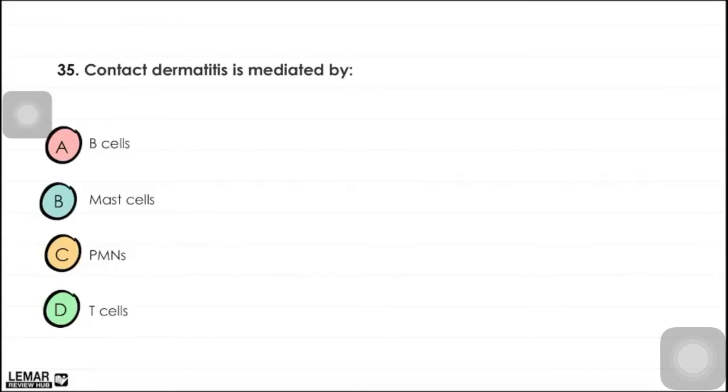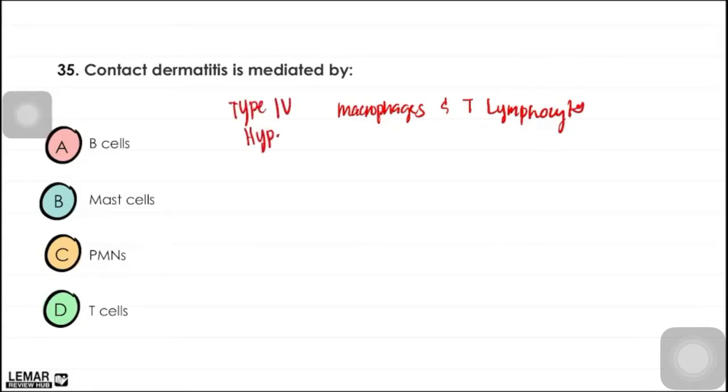Remember, your cell-mediated hypersensitivity reaction is a type 4 hypersensitivity reaction involving macrophages and T lymphocytes. Okay? So, type 4 hypersensitivity